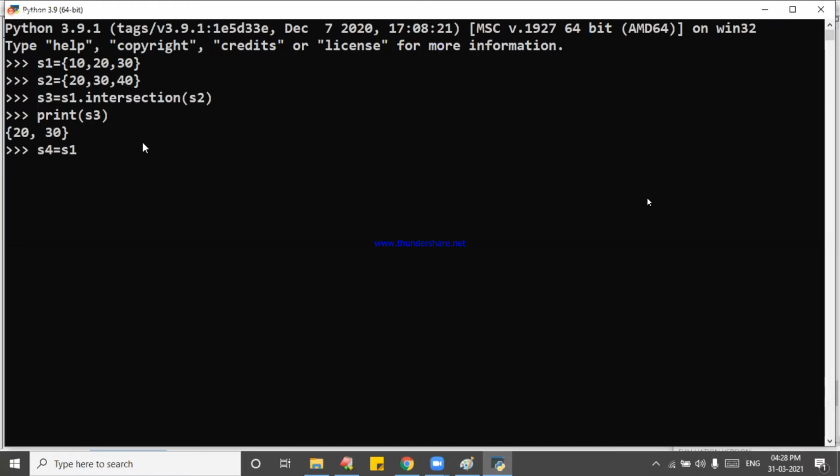S1 single ampersand S2. Dear students, you take 10 as 1. I am taking the AND operator. The AND operator says: if both the bits are 1, the result is 1. That we take into the result. Please listen. If both the bits are 1, we will consider it as true and take it in the result. If any one of the bits is not 1, we will take it as false and will not select it into the result.